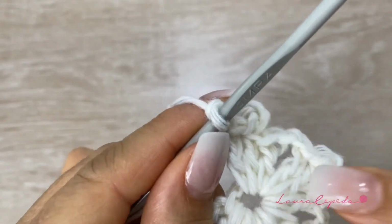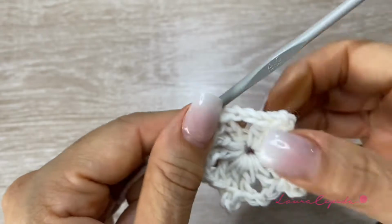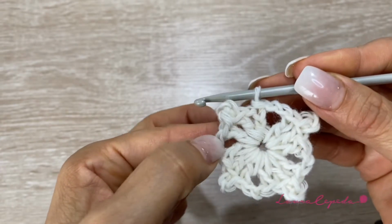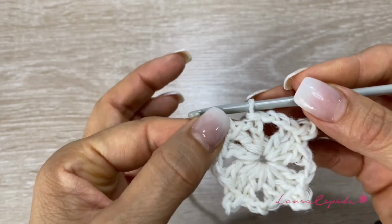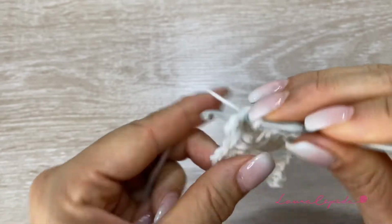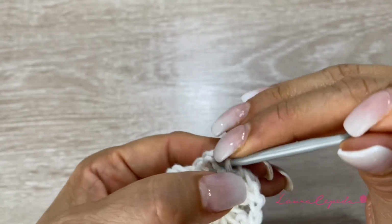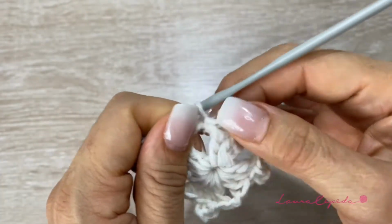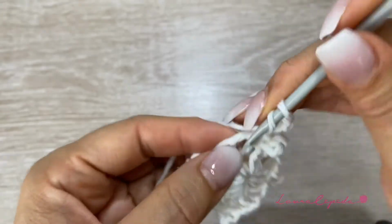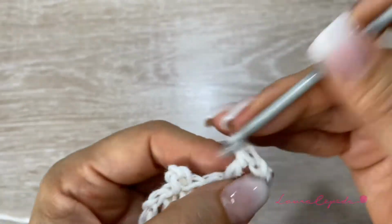So look, here we have the 4 petals with the picot. Then we will slip one to close, and this will be the first row. You see? Now we are going to slip until the first space after the petal on the picot. You can skip in the last row to make the picot in the first petal, or you can make this trick like me, that I'm going to skip it behind the picot like this, so I can hide it. But for example, I'm going to start this new row without making the picot, so you will see it will be easier. So 2 chains and again a double crochet